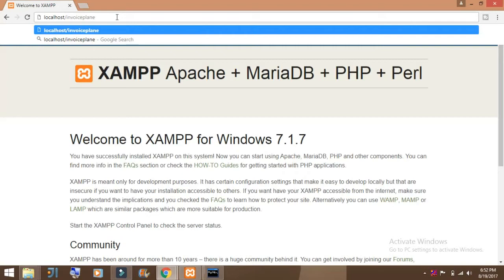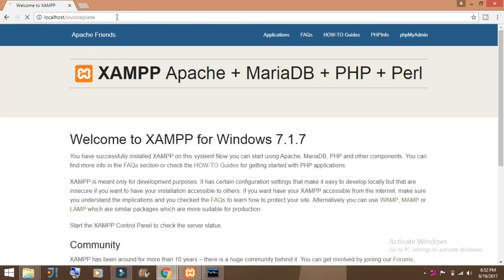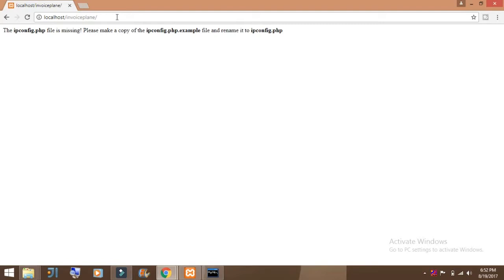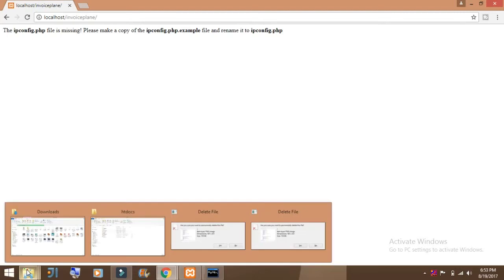Whatever the name of the folder is, you type here like that, right? So you can see the message: the ipconfig.php file is missing. Please make a copy of the ipconfig.php.example file and rename it to ipconfig.php.